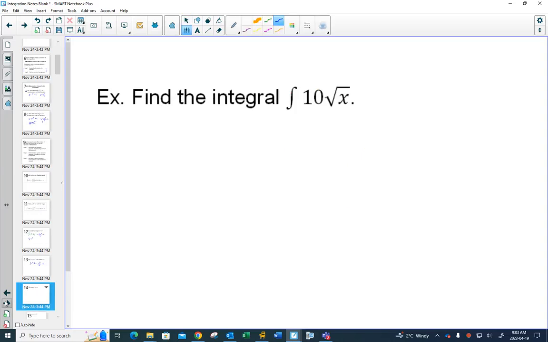And some of the same strategies that we had for derivatives, and this one is a little typo, unless I fixed it in your notes. Does yours have a dx there? So just like in derivatives, we would want to first change this into a form that we could do.